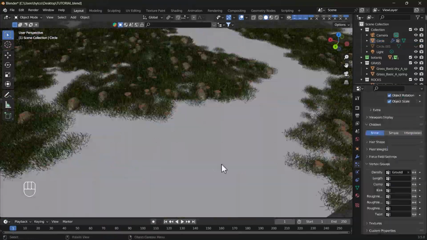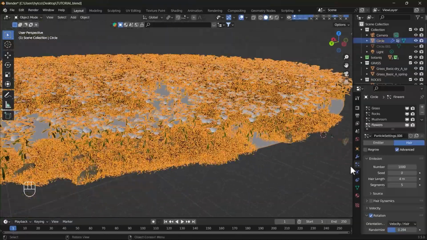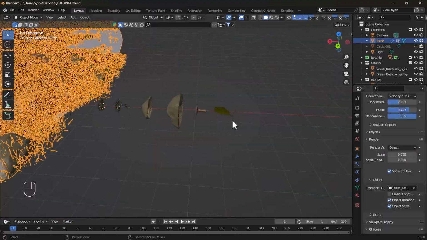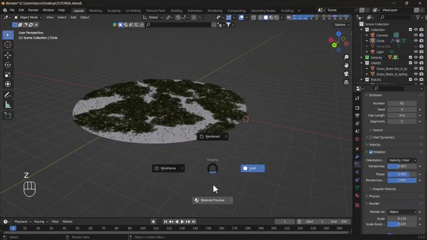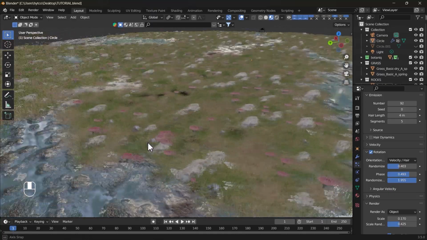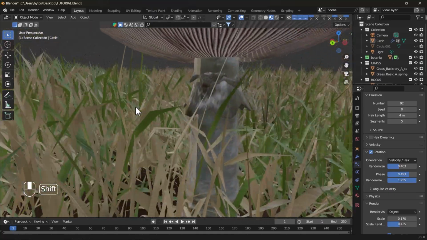Just tweak some major changes like rotation randomization and scale randomization. And for flowers and dry leaves, I'll select water part in the density under vertex groups. Okay, so finally, look at what we have made. This was a long journey and a tough one too. And if you really came this far, you must have learned a lot for sure.